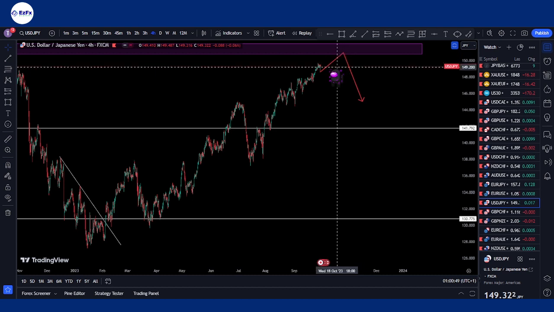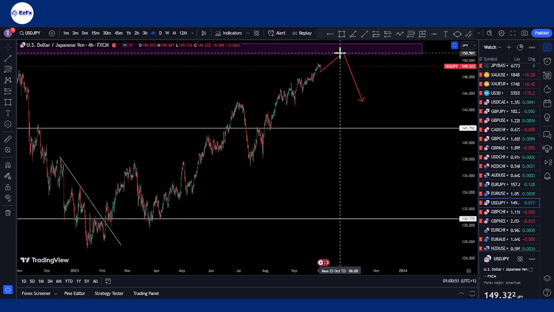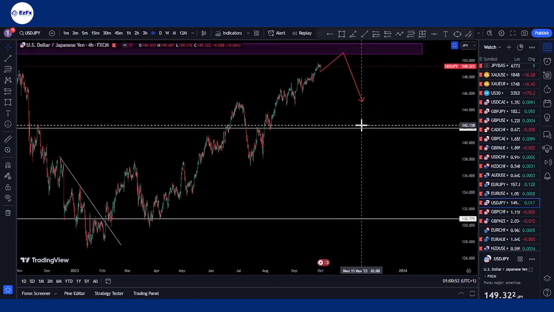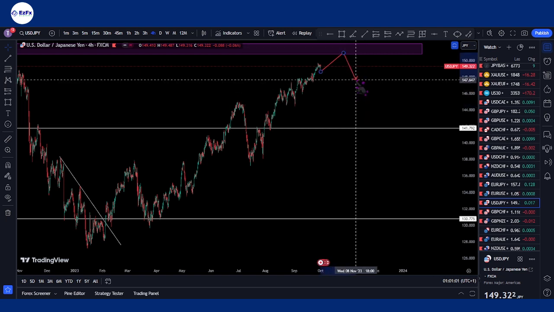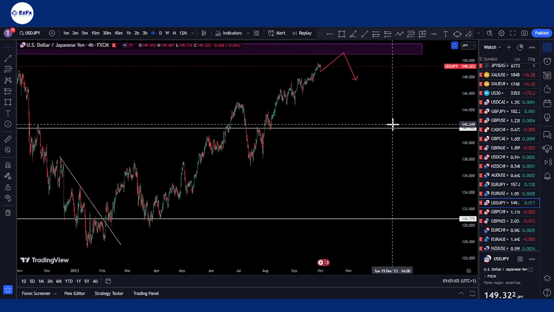So just a buy into that zone, and when we get into that zone, I'd love to see possible rejections for us to get sells from that zone. Though the sells might not necessarily be this long, so I should just reduce this. Something closer to this. So a buy to sell on USD JPY, and that will depend on the length of the moves that we get to see during the course of the week on USD JPY.